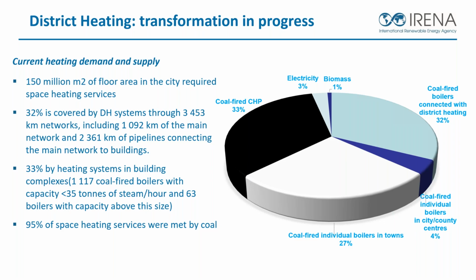Most of it, 95% currently, is heat supplied by coal. And there are reasons for that. It's hard, as I think Jack already mentioned. It's difficult to decarbonize the heating system, and currently it's mostly fueled by fossils. This is a particular case in China, where there are coal-fired CHPs, and also boilers with coal power.